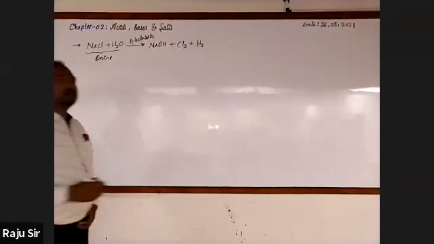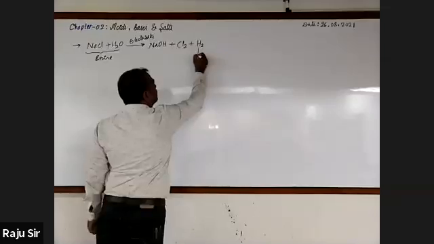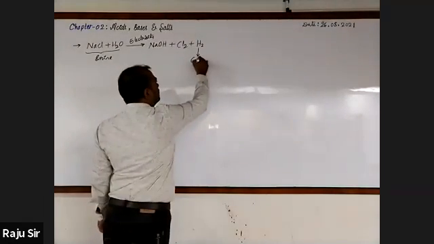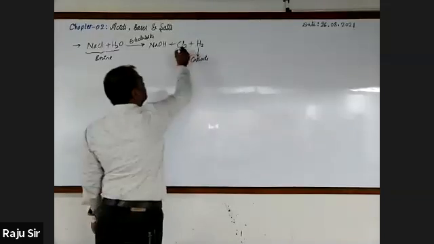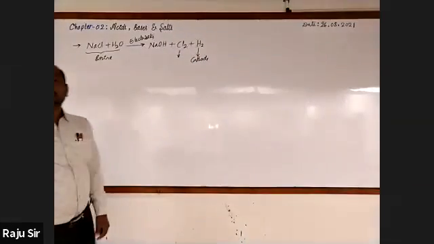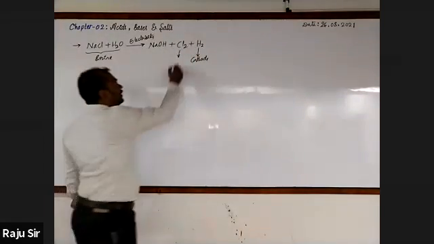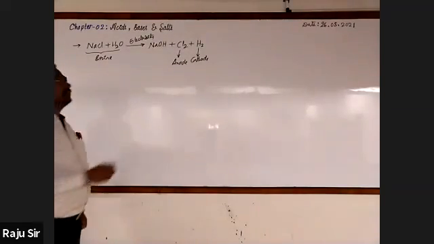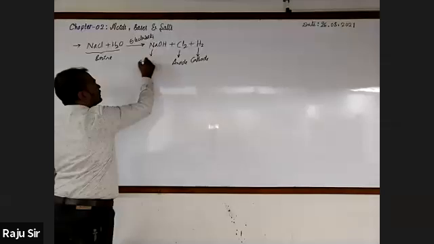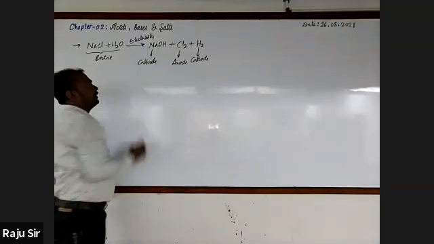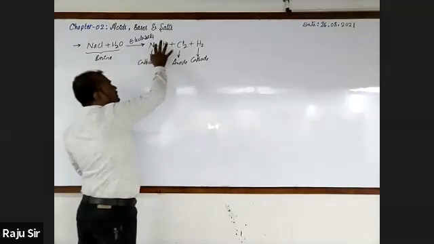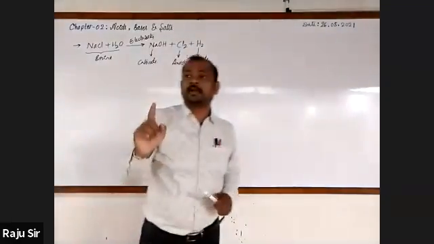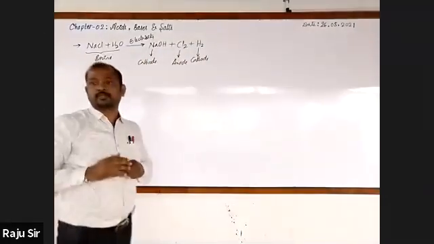And could you tell the electrode nearby which hydrogen is formed? Cathode or anode? It is cathode. Then chlorine gas is formed nearby anode. What about sodium hydroxide? Formed nearby cathode. And these three, that is sodium hydroxide, chlorine, and hydrogen, are called products of chloralkali process.